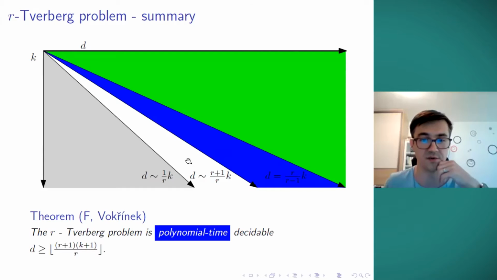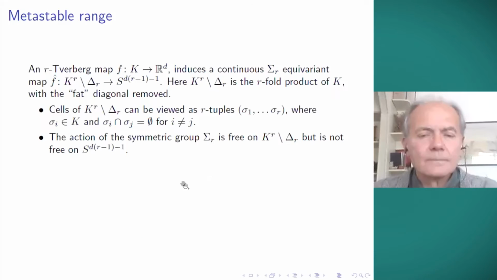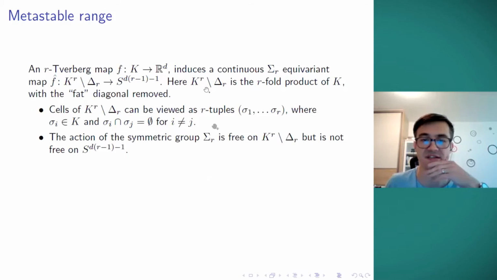Right? So for r equals 2, there are many results regarding this area. Well, for us, we just said something about the blue one. Okay, so what is interesting about this metastable range? We can do the same thing which people use in r equals 2, which is the deleted product. So when we have this r Tverberg map, which is this r almost embedding, then we definitely can induce